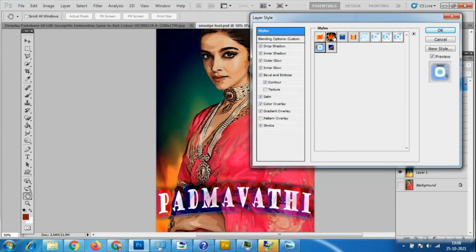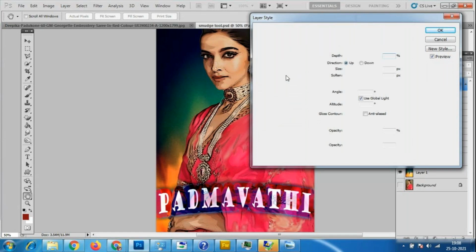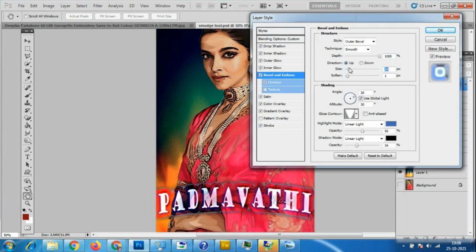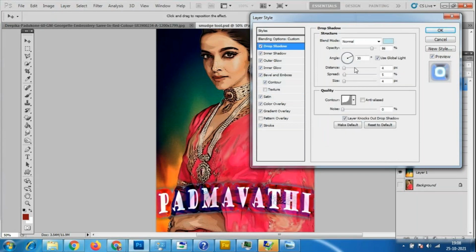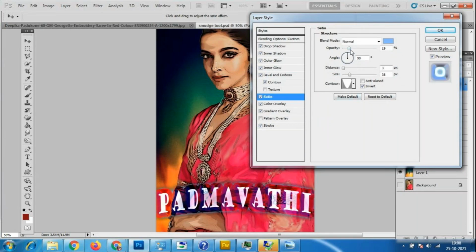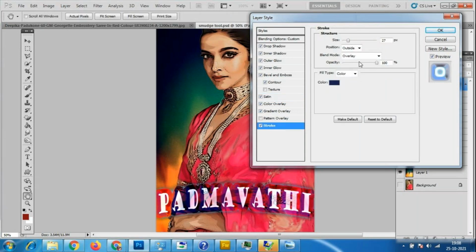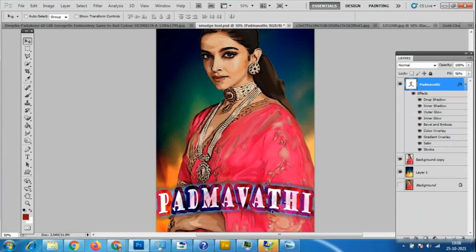Whenever you use this style option, any of the things you want to change, you can change. Drop shadow, I'll select it, and stroke, I'll increase or decrease the size of this, look here. So any of the things we have to change, I'll change like this. So this is how I want the text, like this.